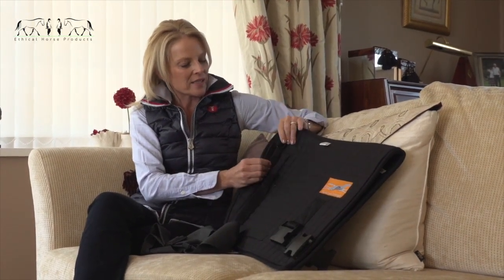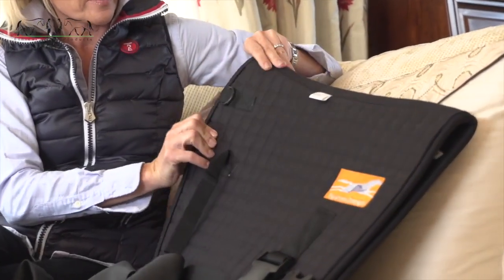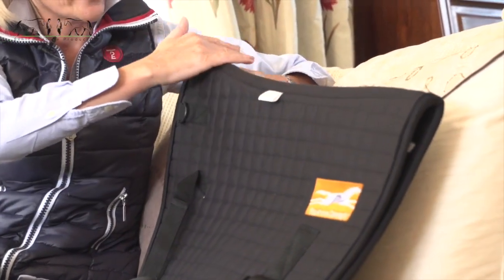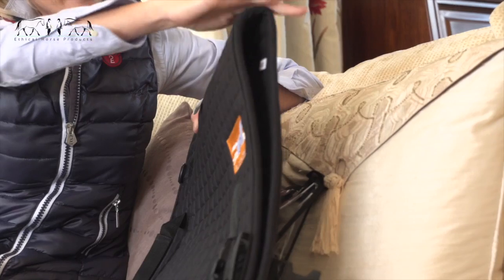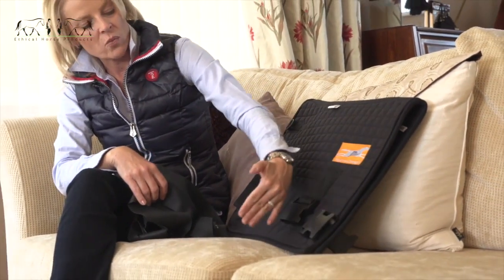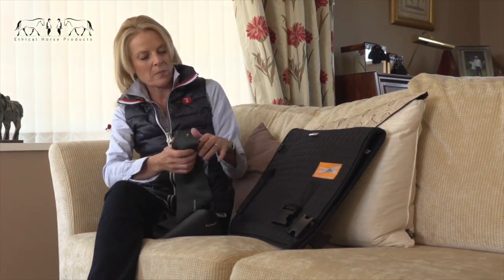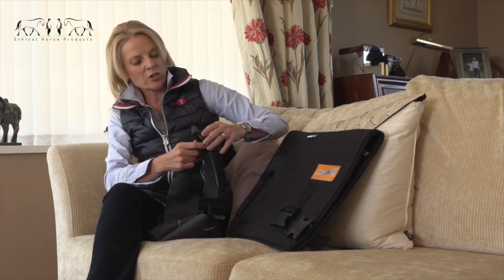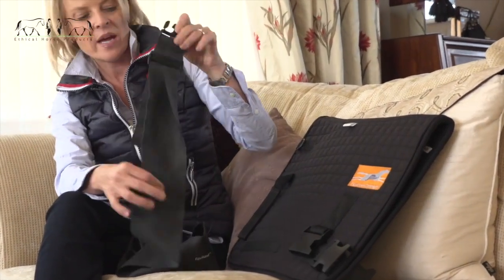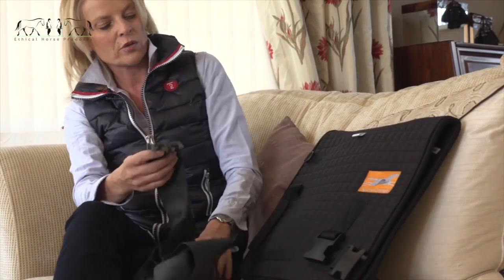The saddle pad is designed with layers of padding or material, and it's also ergonomically shaped so that it's higher in the wither area and again higher at the back of the saddle pad. Each pad has two clips, one that points down and one that would point towards the back of the saddle pad, and essentially what it involves is clipping the resistance band into either the abdominal or the hind quarter clip